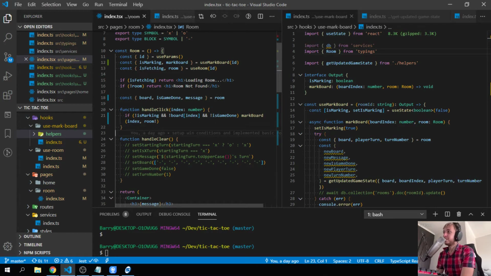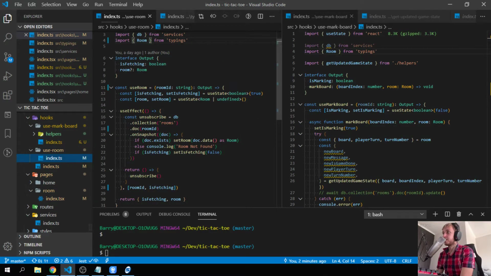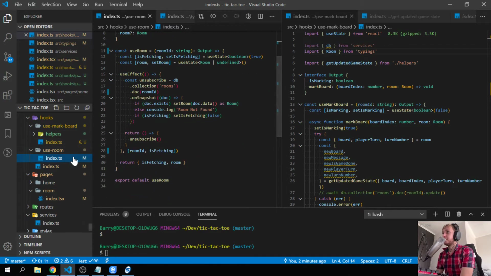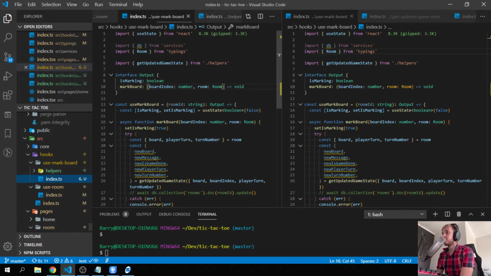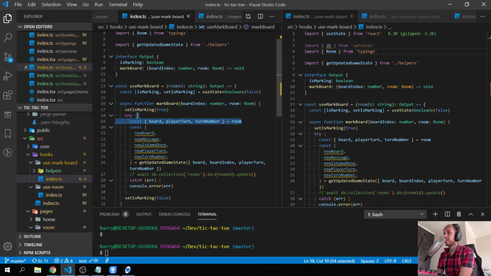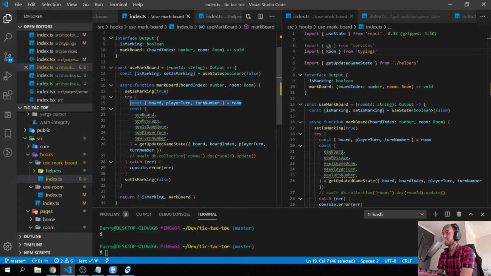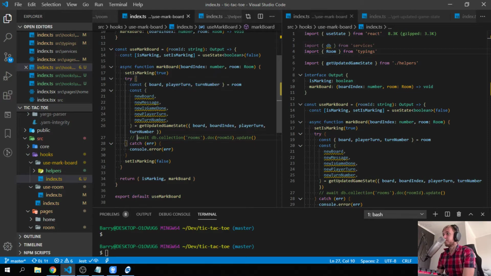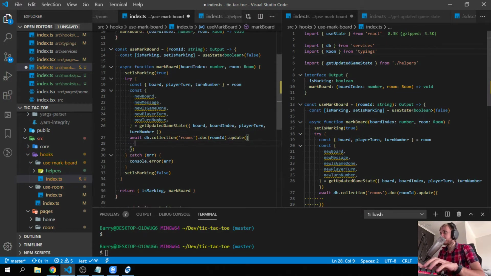Cool. So awesome, it actually cleans it up quite nicely. Because now if we go to our UseMarkBoard, there's no double fetch. You're just getting stuff from the room. Awesome. Sweet. So now we can do our update, and our update is going to be,